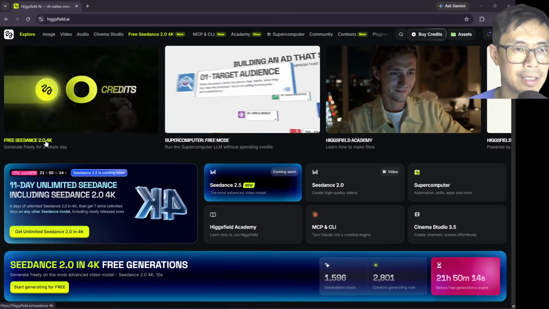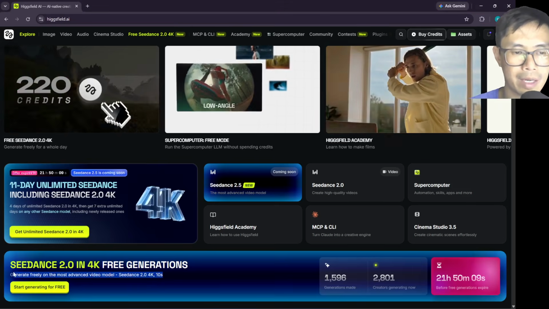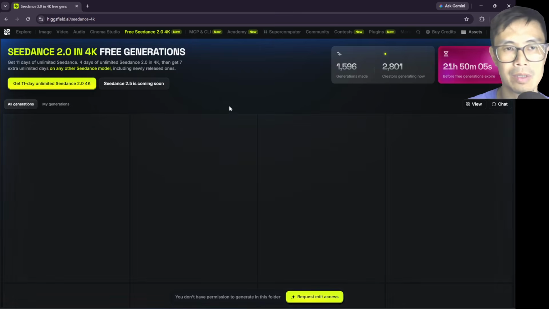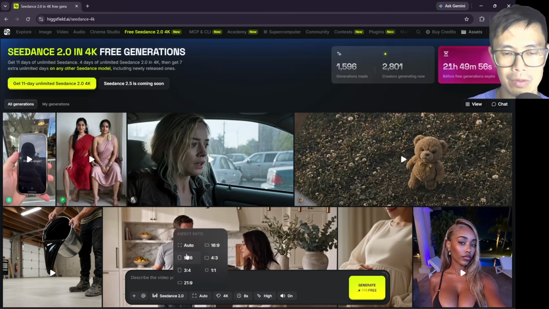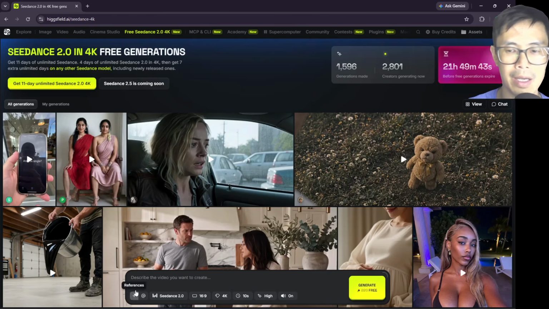As you can see, it's a free Seedance 2.0 4K. You can generate up to 10 seconds, one at a time. You can click here or click here, that's the same thing. Once you click here, it's going to show you this. What you want to do is click 4K right here and auto, depending on what aspect ratio you want, and up to 10 seconds. So just maximize that. Then we're going to put it on high compression with the sound on, and you